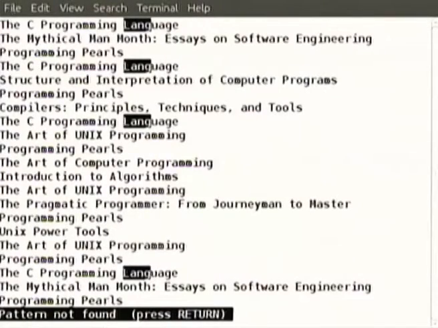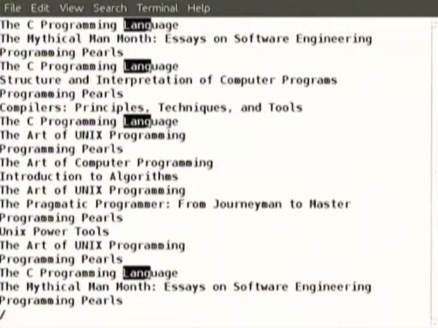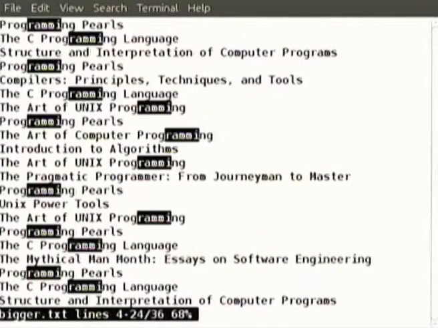Search is one of the most frequent things we have to do inside a file. On Google, for example, we are all regularly searching various things. Google has to have good algorithms for searching, then searching and replacing. These are the most frequently used commands when we are looking through a file. So how do you do it in less? Press the slash key. Immediately your cursor has gone to the bottom, waiting for you to type the pattern. You can type RAMMI. It will show all the places where RAMMI has occurred. RAMMI has come in programming.